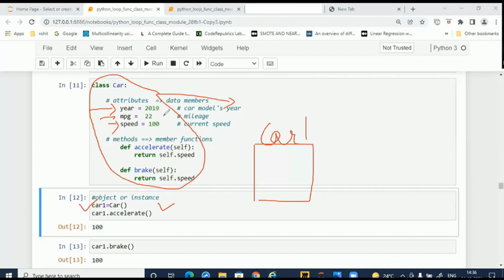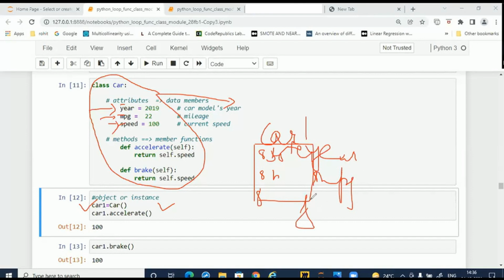Suppose I say integer 64, by default it is. So 8 bytes with year, 8 bytes with MPG, 8 bytes with speed will be occupied here. Bytes, I'm talking about the memory bytes. So that much memory will be occupied here for the year,